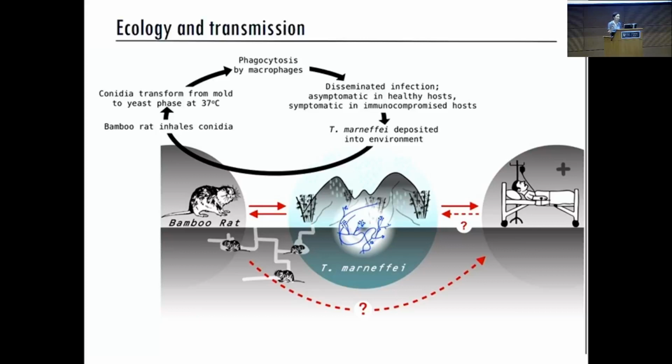It has a saprophytic lifestyle in the environment, and it has a very unique ecological niche in the highland area, where humidity is what predicts high incidence of disease in the region. So we believe that humidity and rainy season, when we see a 30 to 50% increase in cases, actually enable the environmental reservoir to expand,